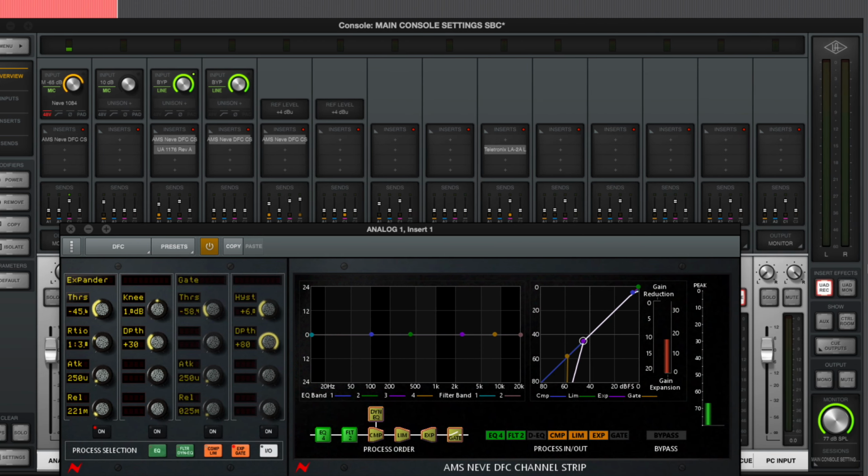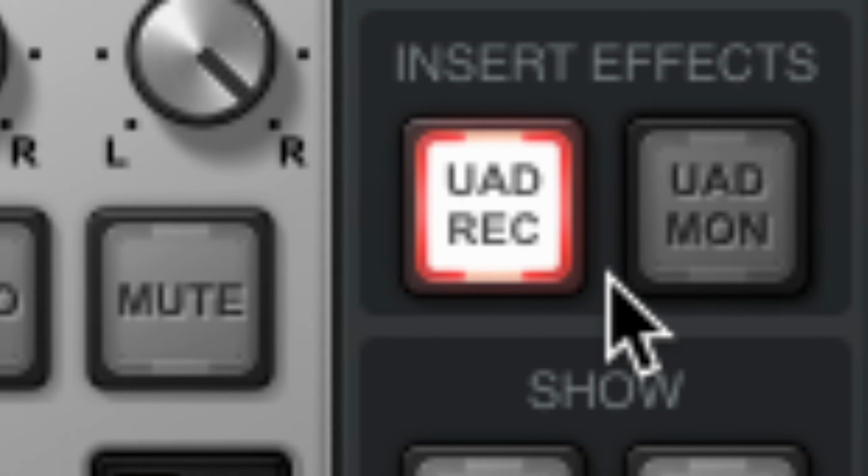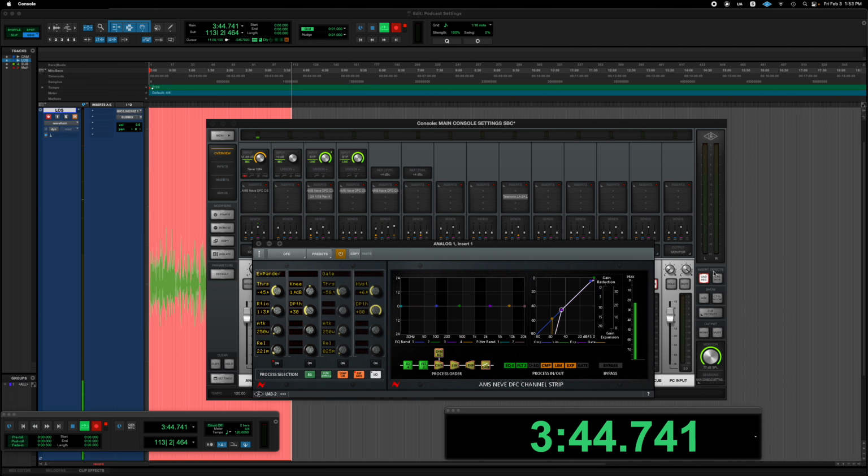In this environment, I am using it in Console, and I have it set to UAD record. This is big because instead of it being in monitor, if I were to turn this off and just go into Pro Tools real quick,